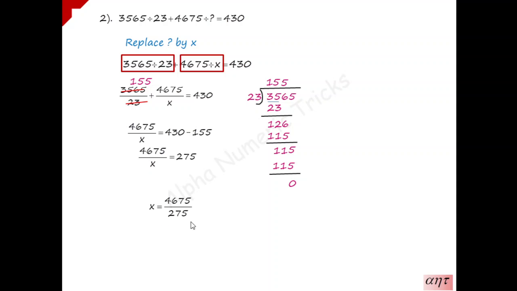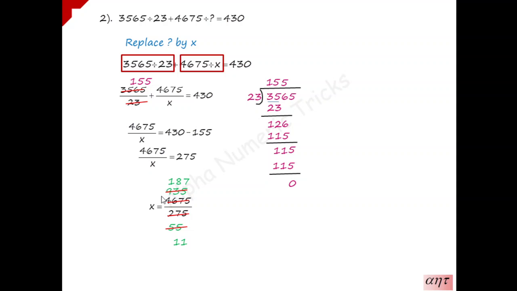So 4675 is divided by 275. When you divide this by 5, because both the terms are ending with 5, divide this by 5. 5 times 5 is 25, balance is 2, and 5 times 5 is 25. And here again, in numerator, 9 times 5 is 45, 1 is remaining, 3 times 5 is 15, and 2 is remaining, and 5 times 5 is 25. Again, when you divide this by 5, 11 times 5 is 55,